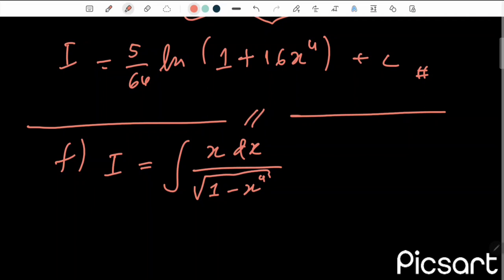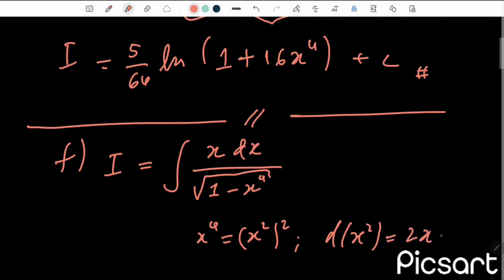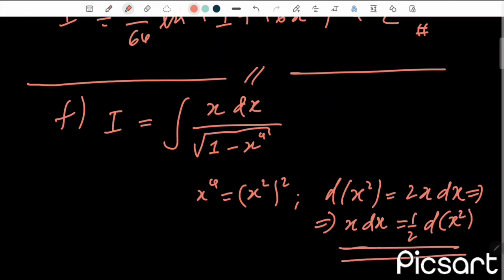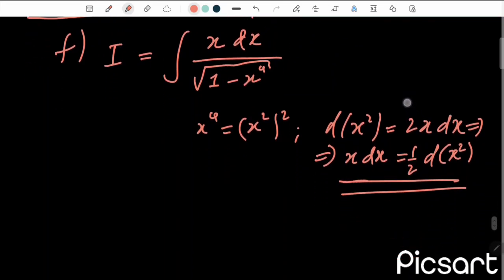And here we can see that x to the power 4 can be written as x squared, where then we can take the derivative of x squared, which is equal to x dx, and here we have that x dx is equal to 1/2 d of x squared. Okay, and now we can rewrite